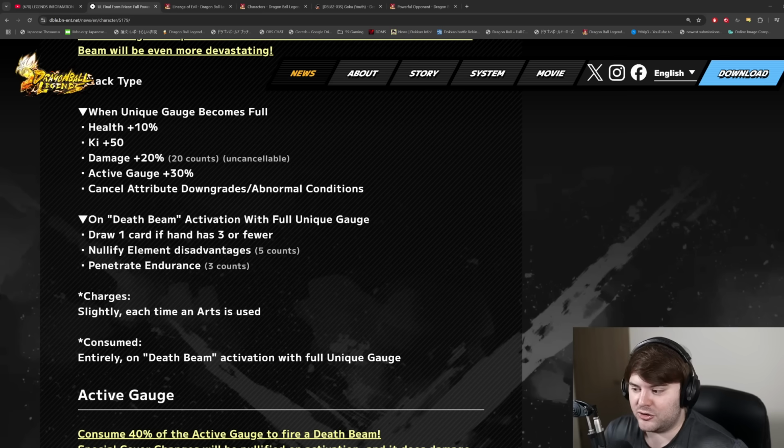It said that he gets 100% on it when he uses his main ability, too. When unique gauge becomes full: 10% health, 50 ki, 20% damage for 20 counts, which is uncancelable, but also stackable. Oh, he gets 30% of his active gauge when you fill the unique gauge, which probably means you're going to be able to use it right away. Cancel attribute downgrade...